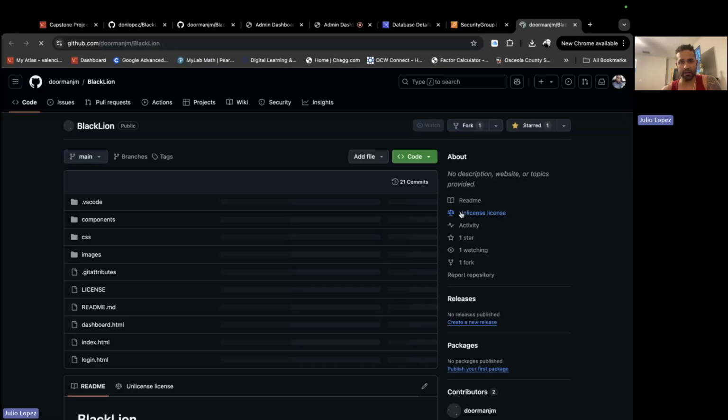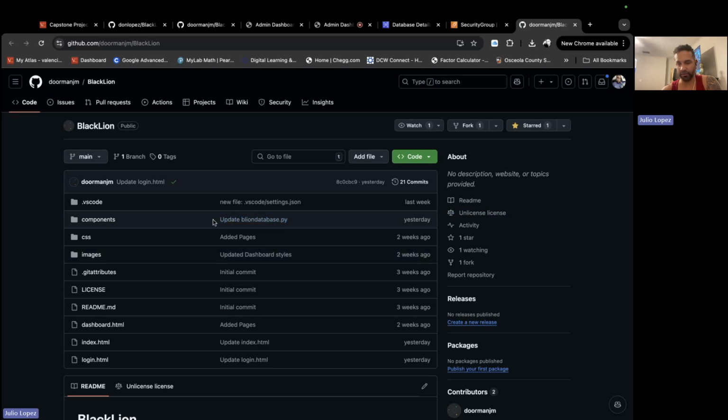If I click on GitHub, it brings me directly to the repository here. It's a tool that I recommend to everybody. I hope everybody uses it, because it makes everything a little bit easier.